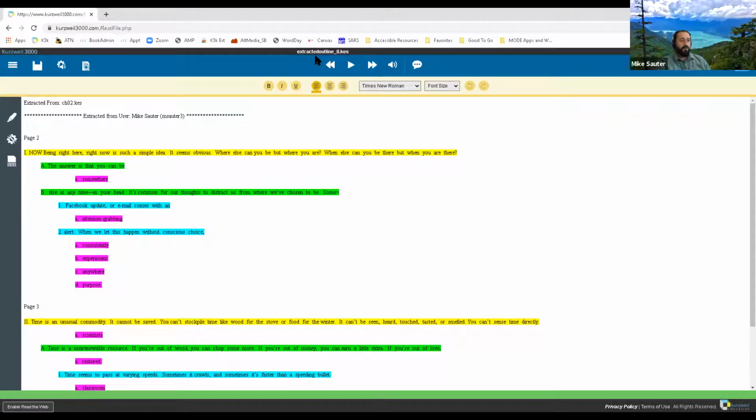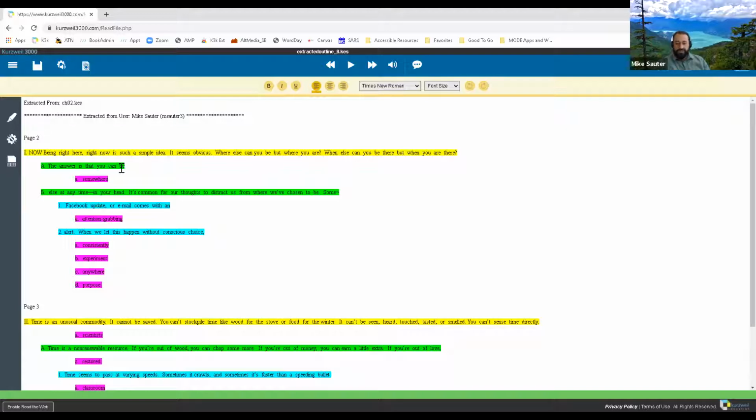First off, on the very top, it has given itself a name. So Kurzweil gave it a name. It's called Extracted Outline 8. Right. So this is an extracted outline that it's pulled out, and it's given it a default name already. Now, if I do nothing with this outline right now, and let's say I close it, I've done my studying, I've done my reading, and I've made my outline, and I just need to get some rest now, and I want to come back to this tomorrow. If you do nothing at this point, this will have saved as Extracted Outline 8. Okay.